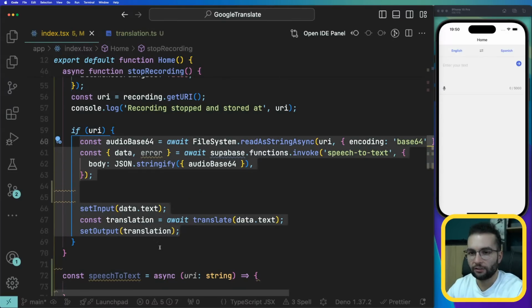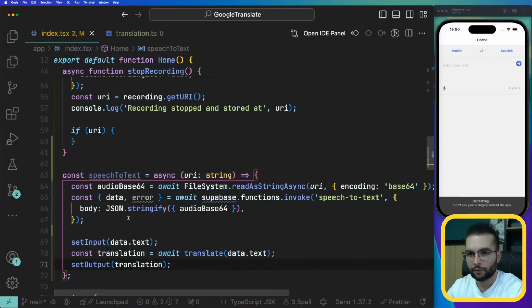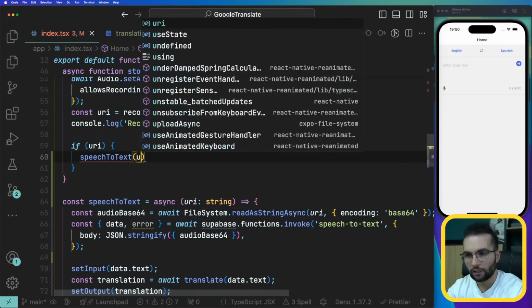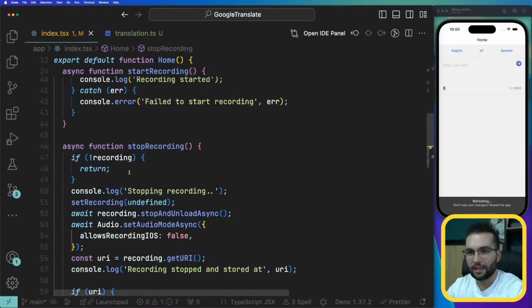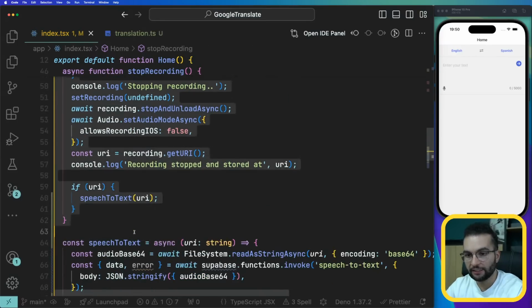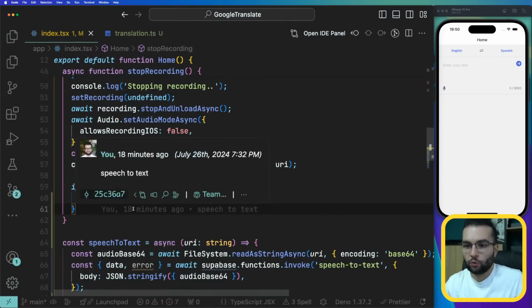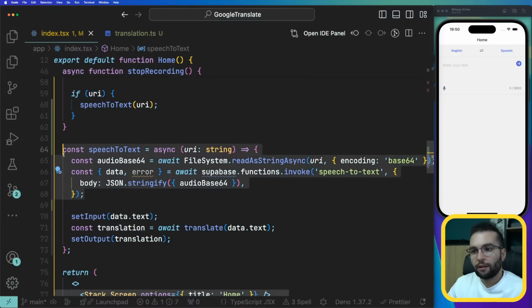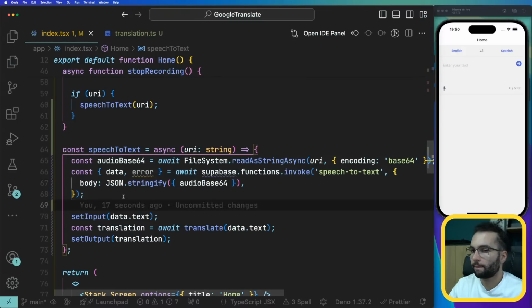Or let's go ahead and do everything. Put it here. Now if URI, then call speech to text URI. Now we separated things related to recording to speech to things related to taking that recording and transforming it to text. But this part here is about